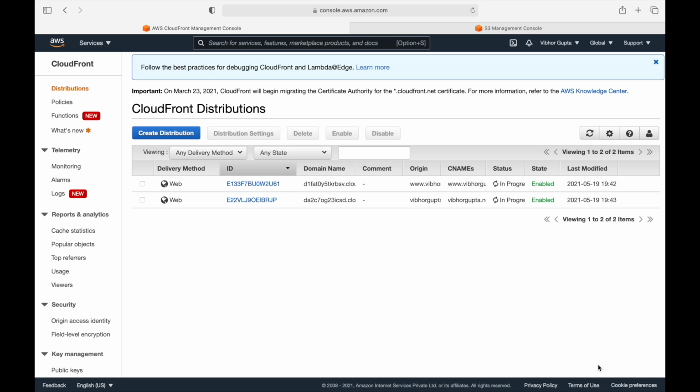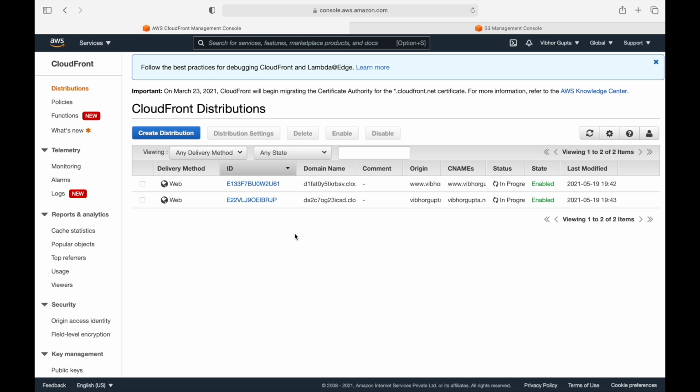CloudFront caches the objects in the edge location, and when it is required again, it is served from the cache and not from the origin. So if we have a dynamic site, any changes we make to the origin will only be updated after the TTL or time to live has expired. Suppose you have updated your website and you want all your users to access the updated content and not the old content, then you have to invalidate all the cache and request all the edge locations to delete the content.